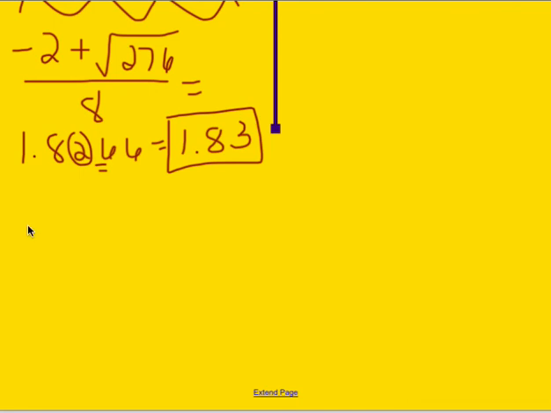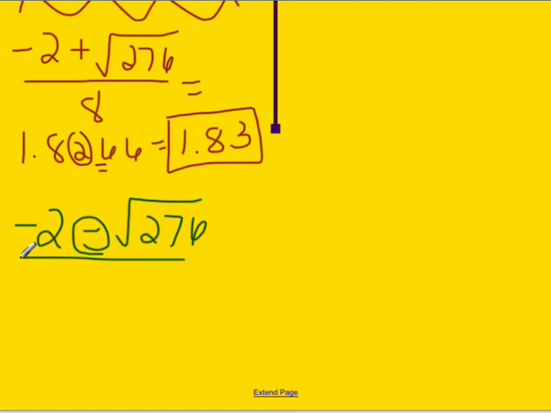So then we have -2 minus the square root of 276. Again, once you type that in, hit enter. Make sure this is a subtraction symbol. Then you're going to take that answer and divide it by 8. And when you do that, you get